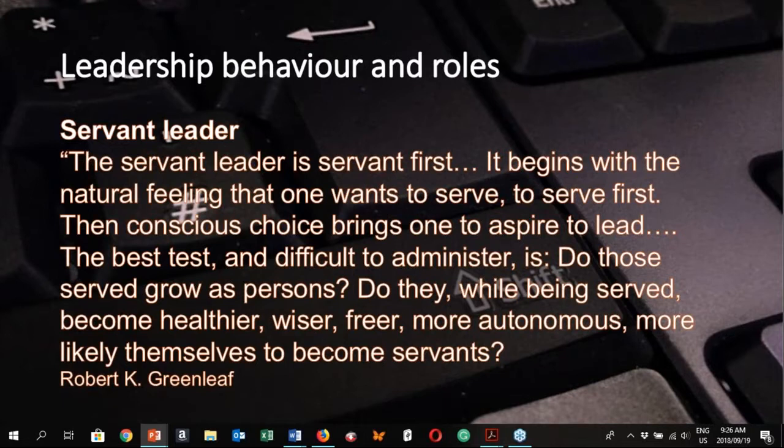And the servant leader is the person who enables the organization and people within the organization to excel. Just bear in mind that most employees today are knowledge workers. We employ them because they've got specialized skills and capabilities, and actually we must leave them, as the leadership of the organization, to do the things that they're qualified to do.